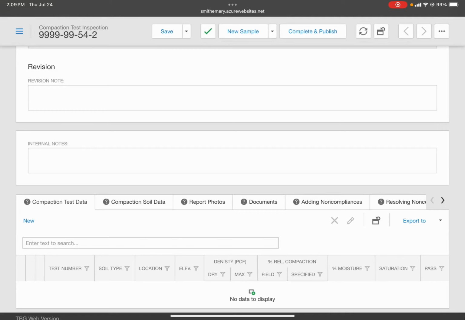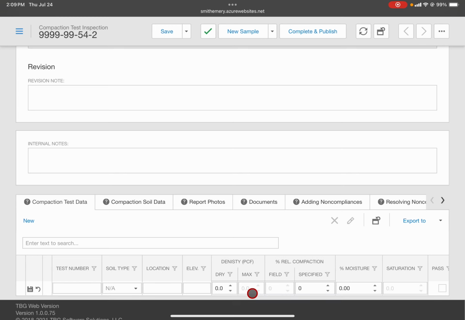In this video, I'm going to talk about adding compaction tables to a compaction report. I'm down here at the bottom of the compaction inspection where you have the compaction test data tab and the compaction soil data tab. So to add a compaction test, first thing you need to do is come down to where it says no data to display down in the middle here and click the green plus button on this